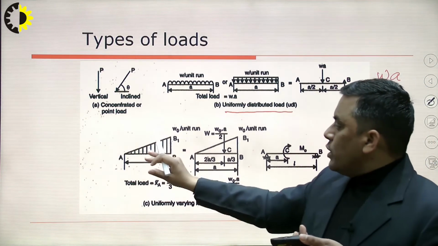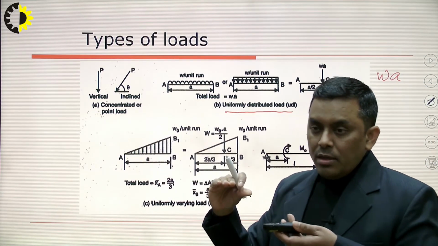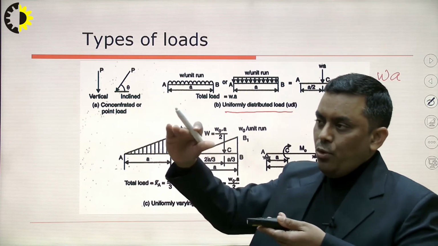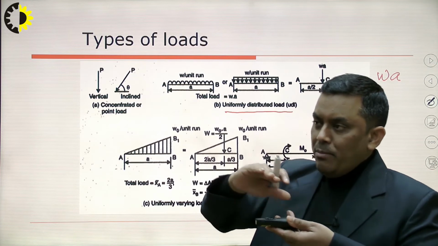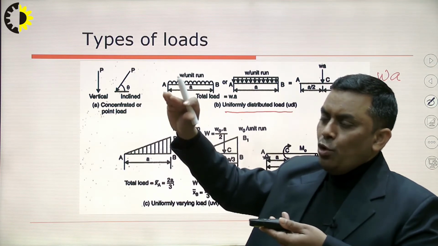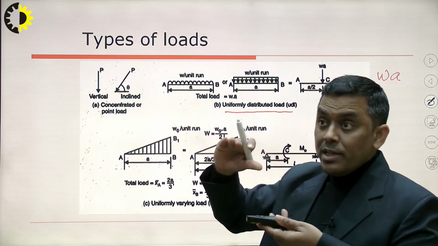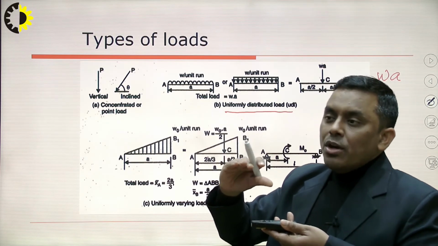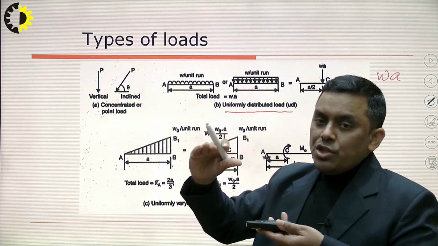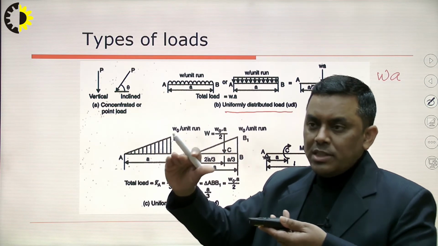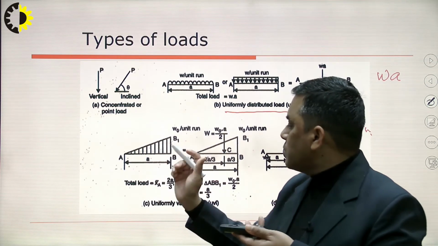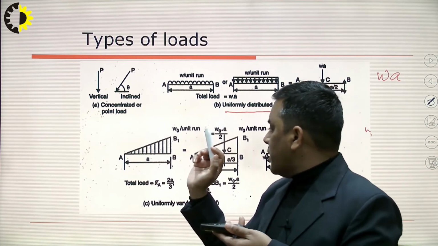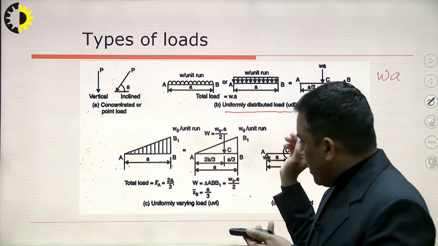But if the load is varying, if I put one book here, then 2, then 3, then 4, then 5, and like this I make a slope, then this is the uniform variation. Why is the word uniform used here? Because the intensity is changing with respect to distance uniformly, with a single slope. So this is the uniform variation. And how to deal with this type of condition?